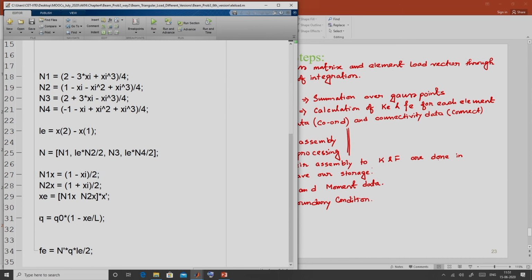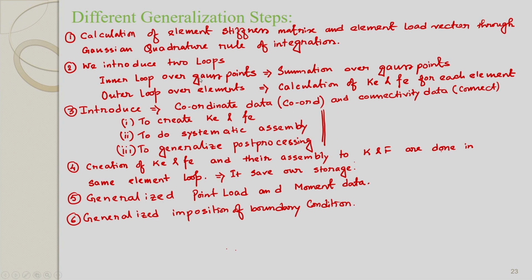We have to just change in this function the expression of the distributed load. In the second step, we have introduced two loops. The first loop takes care of summation over Gauss points, the second loop takes care of calculation of Ke and Fe for each element.